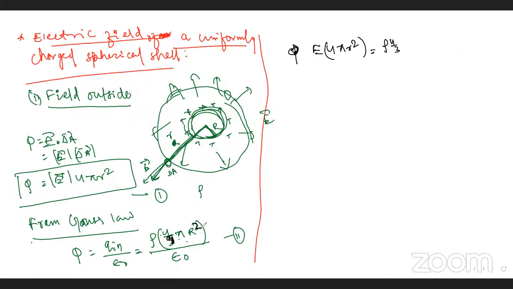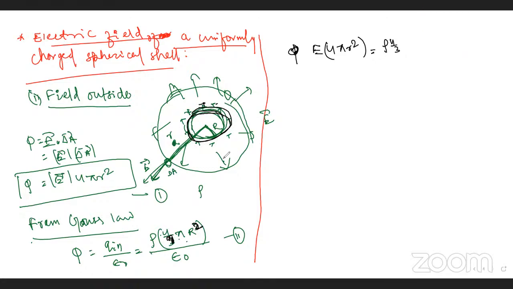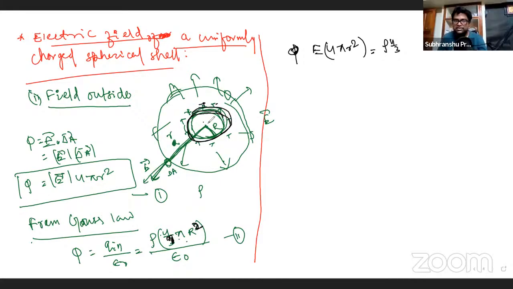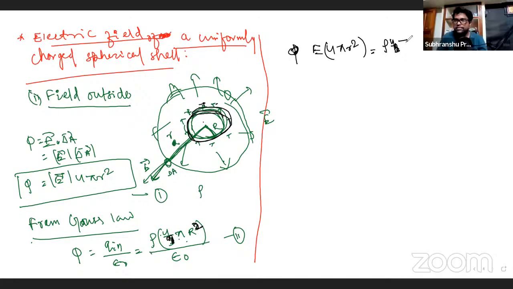Why? Because the charge is not inside, only on the surface. It's a football, let's say, and the charge is only over the surface of the football. So we will not take volume. The charge is not inside the sphere, only distributed over the sphere. So we'll take 4 pi capital R square. So it is rho 4 pi capital R square